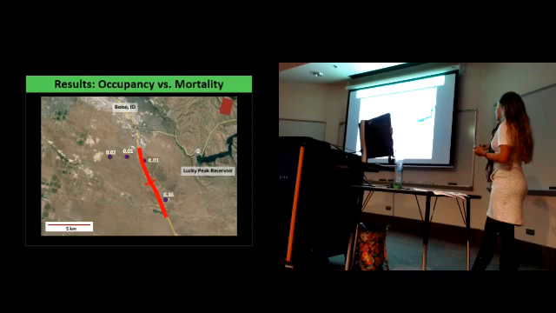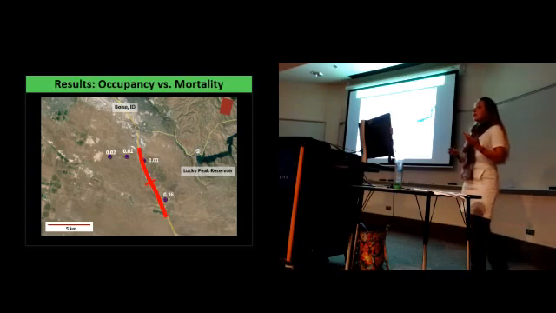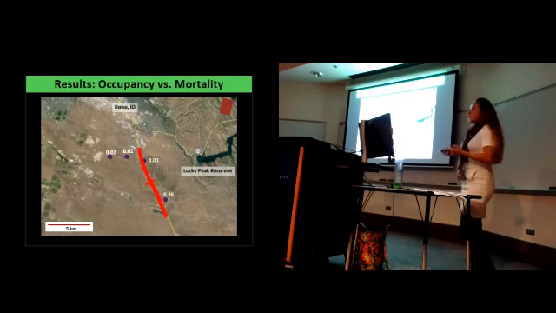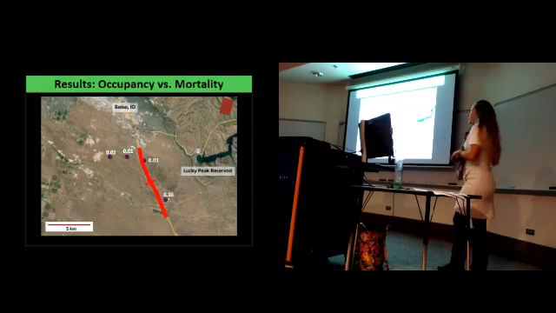And one of 2 scenarios may be occurring here. The first, which I think is less likely, is that this area represents a zone of population depletion, where previous extremely high roadway mortality rates have depressed the population to the point that it hasn't rebounded, so there's no dead owls. But when I examine the land cover in this area, what I actually think is occurring is that